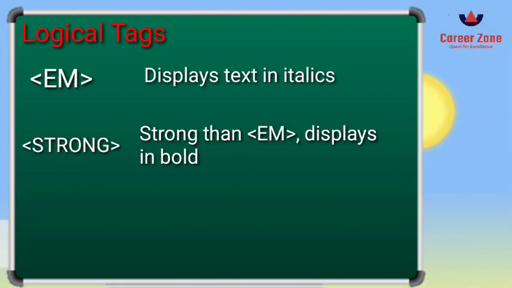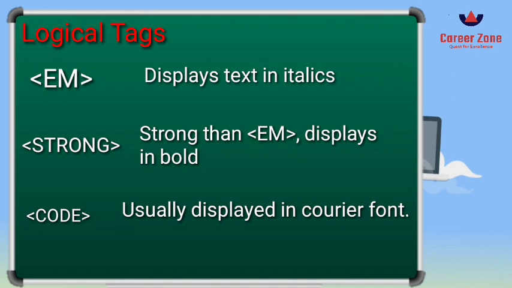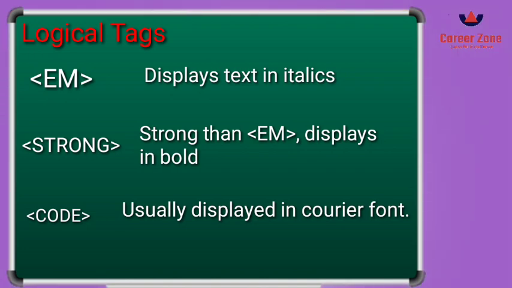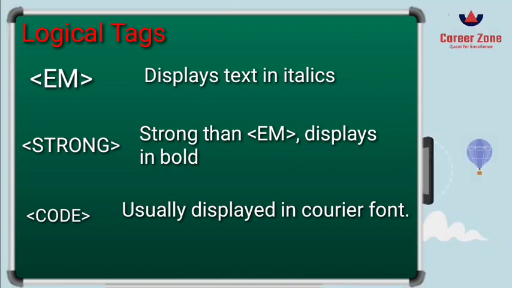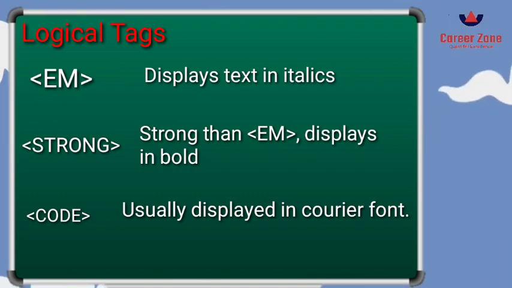The first one is the EM tag, which basically emphasizes the text and usually looks like an italic form. Second is the strong tag, which you can say emphasizes the characters more strongly than the EM tag. It looks basically like a bold tag, so it is in a bold font.